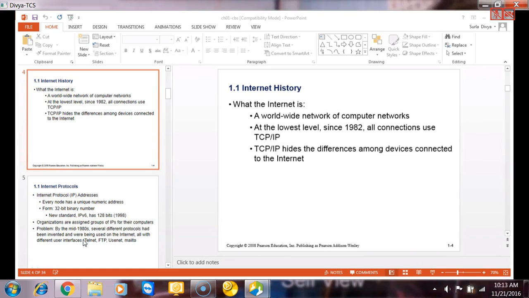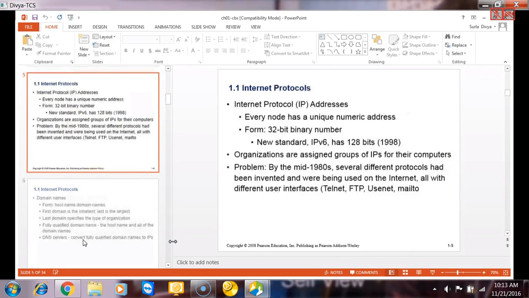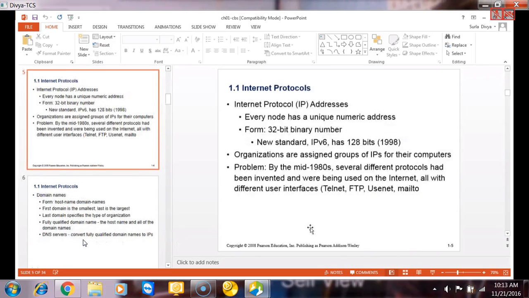Now moving on to the next slide. So this is what we discussed. Every node will have a unique numeric address, a 32-bit binary number, and IPv6 is the newer standard of the internet protocol, which has 128 bits. Mostly we use this TCP/IP protocol